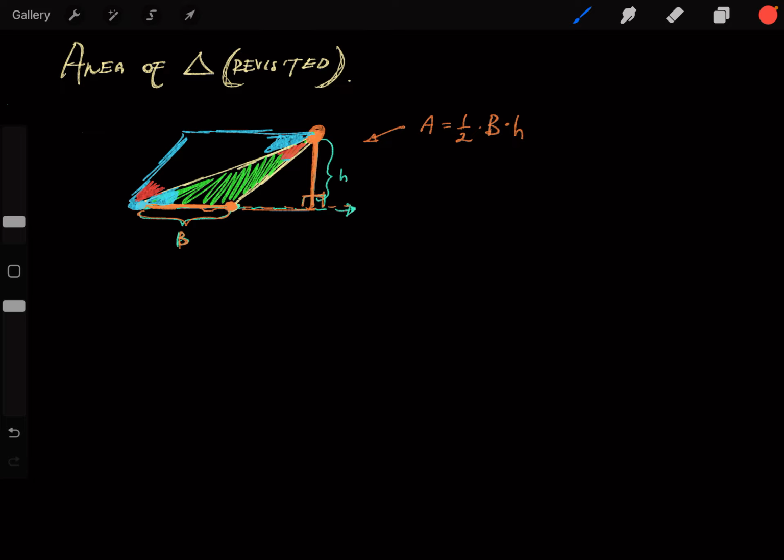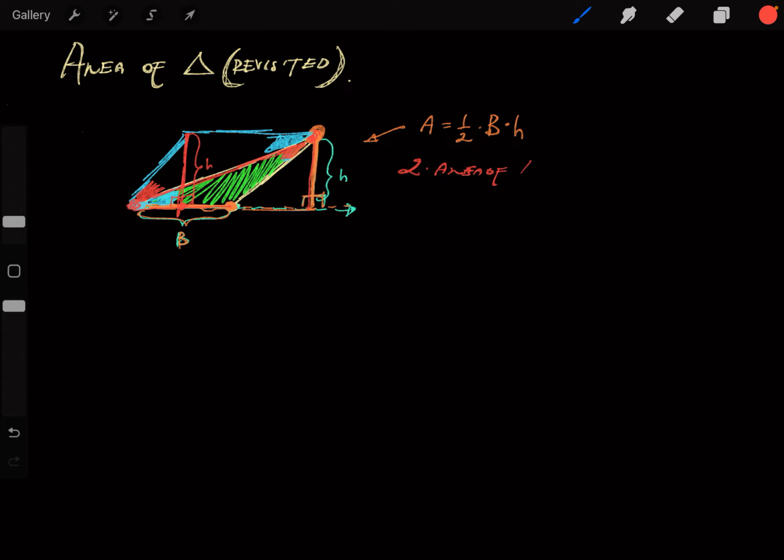Now, again, these two triangles are exactly the same. And if you notice, when you flip it around, this side is still being glued back onto itself, just in a reverse way. Now, all we need to do is convince ourselves that this here is a parallelogram, and we should see that this height, this will be h, is still h over here. From here to here is the same length as from here to here, as long as it's a 90-degree angle. And once we convince ourselves that this is a parallelogram, base times height is the area of a parallelogram. This is 2 of those triangles, so 2 times area